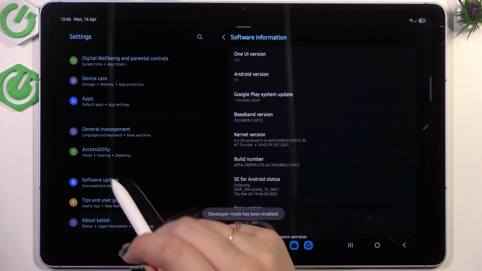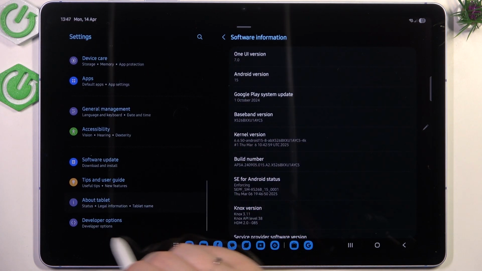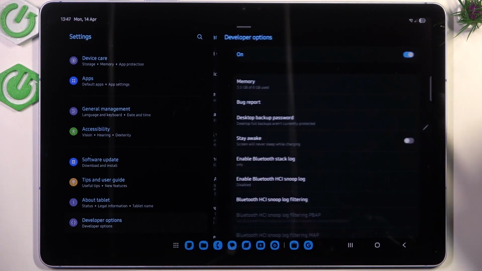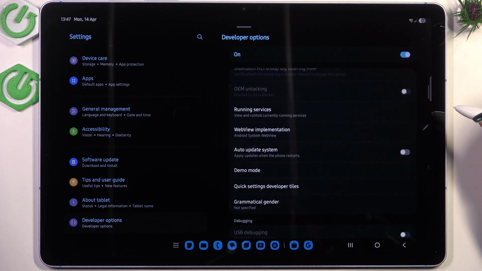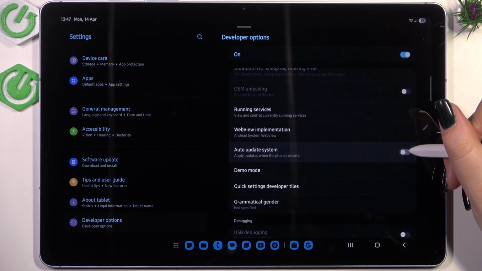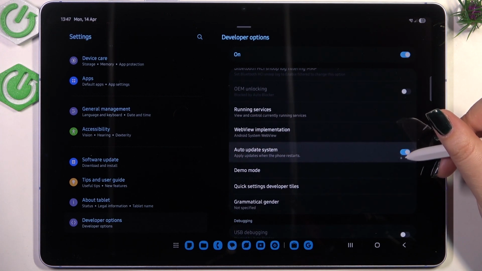So now go back to the left section and scroll down again. Here we've got the developer options. Let's tap on them, let's enter, and here we have to scroll down just a little bit to find this option, automatic system update. Basically you can turn it on just by tapping on the switcher,